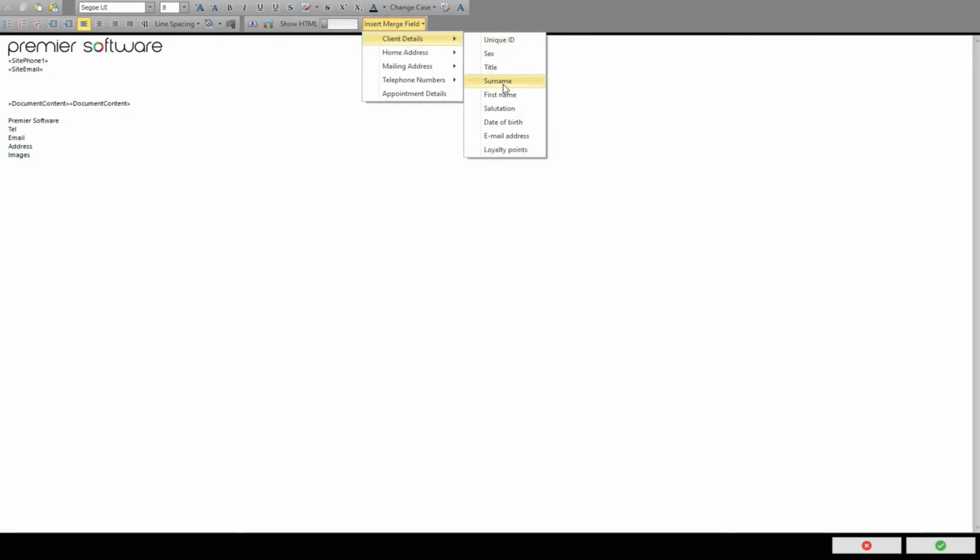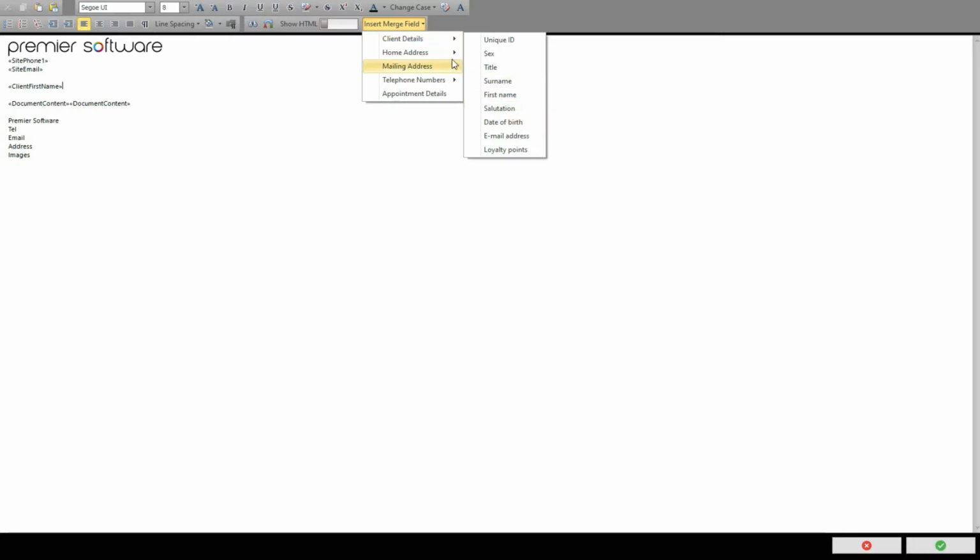You will be brought to a blank document. Here you can write out any details you wish to send out, as well as input any pictures you need, much like the document branding template set up earlier. Scroll along the top and you'll once again find the Insert Merge Field button. Click this to add a formula that will pull any details already in your system that will differ per client. For example, you can click Client Details and select their title, surname, or first name options.